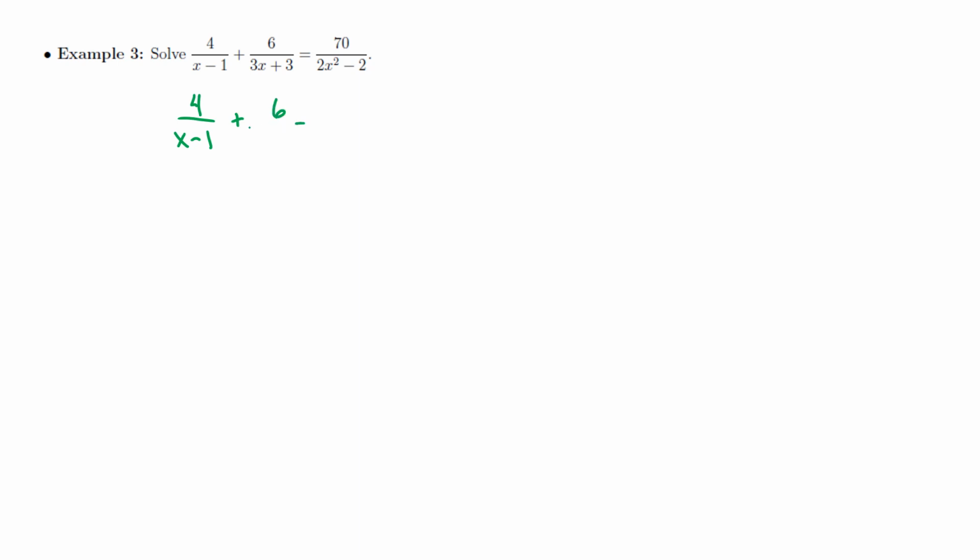But then as I move on to this one, let's not forget about just the easy type of factoring where you pull a common factor out from both terms. And I can see I can do the same thing here as well, right? I can pull a 2 out here. So I've done all this factoring, but then if I take a look at this, this can be factored, right? That's a difference of squares. So before I'm ready to find my LCD, I have to take one more step